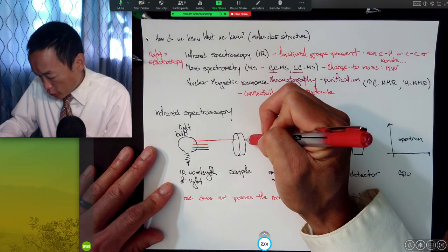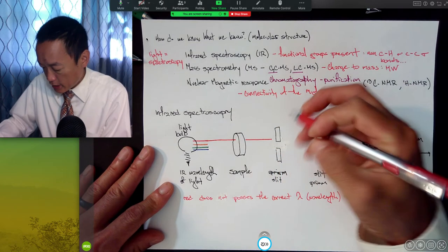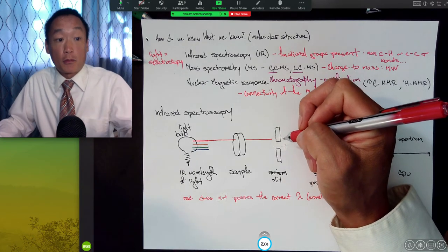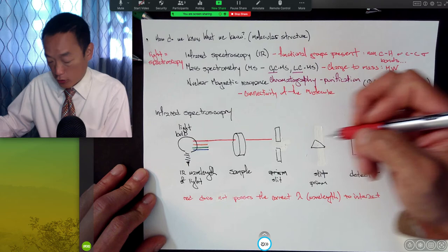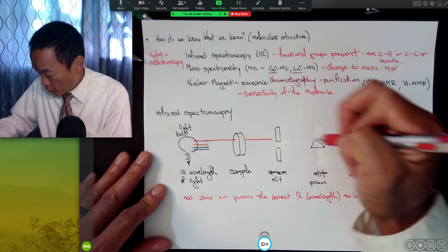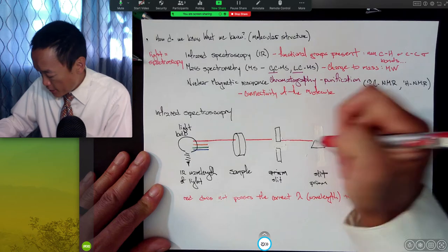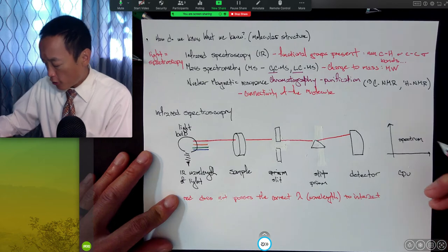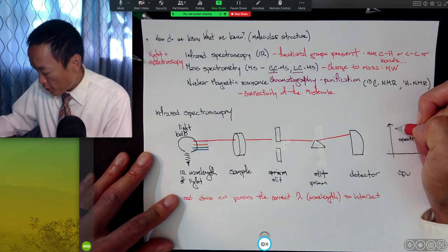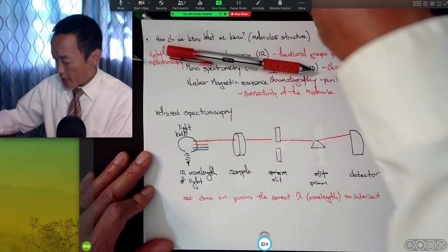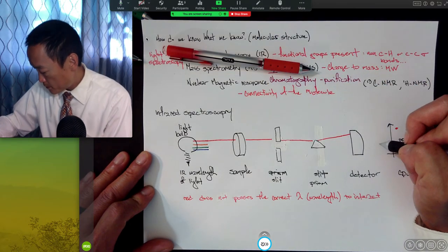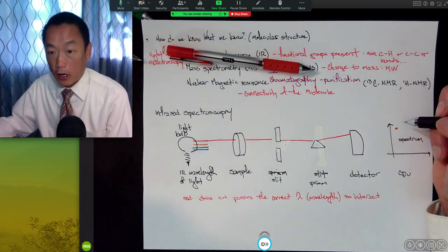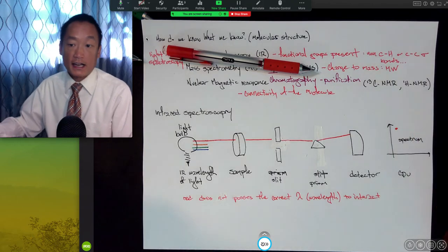So it goes through this sample, and the slit here isn't drawn so that I can show this passing through, but the slit reduces the total amount of light that the detector can see. So this whole thing passes through the slit, then the prism starts to deflect it, and it hits this detector, and all of a sudden it's going to show up somewhere on our spectrum. I'll come back and define the Y and the X axis in just a second.